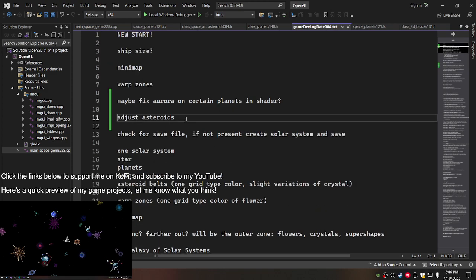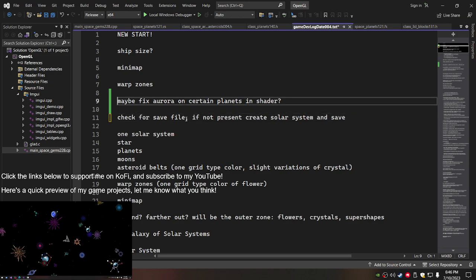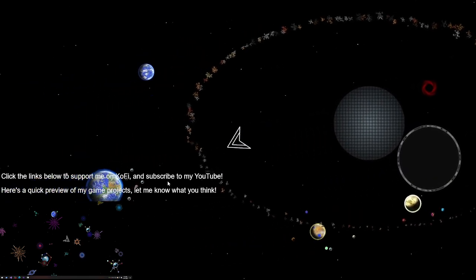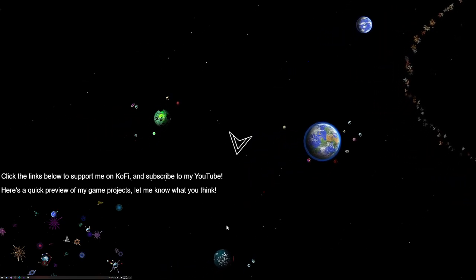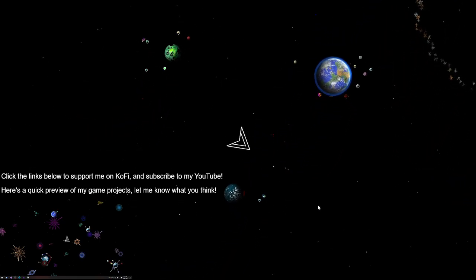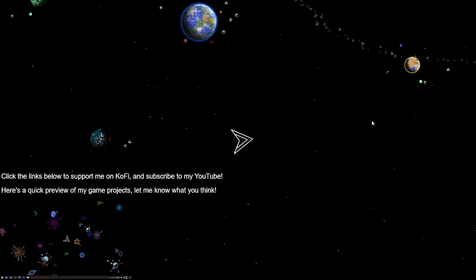Okay, so we adjusted the asteroid. They look a lot better. They really do. Maybe fix aurora on certain planets. Okay, so let's see. Which planets are messed up? Which planets are messed up? We should probably print out all 69 of them to see, but I think it's just these guys. See, each one of these,